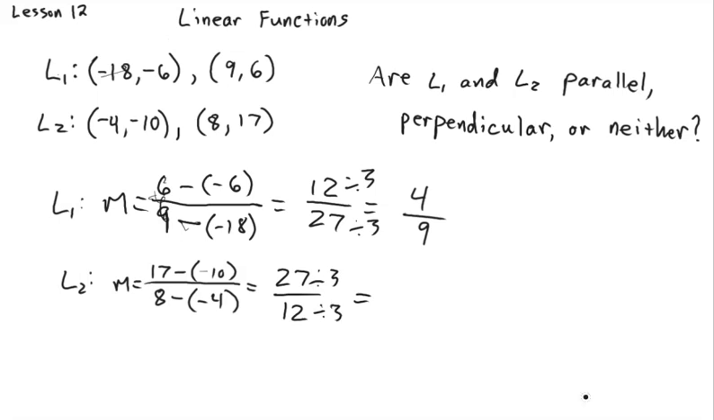So if we divide each one by 3, 27 divided by 3 is 9, 12 divided by 3 is 4. And so the slope of line 2 is 9 over 4. Well, I can see that 9 over 4 is the reciprocal of 4/9, but it's not the negative reciprocal. It's the positive reciprocal. Therefore, it's not the same slope, so we know it's not parallel. And it's not the negative reciprocal slope, so we know that it's not perpendicular. Therefore, the answer to this question is neither. Okay? And that's how we can compare 2 lines to see if they're parallel, perpendicular,